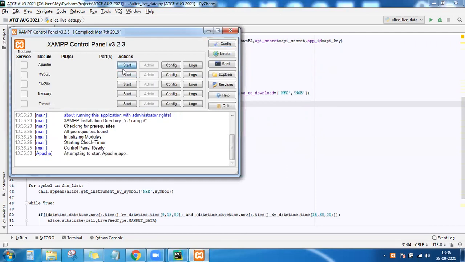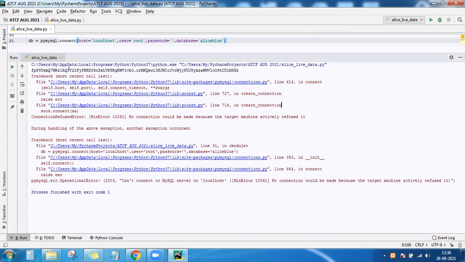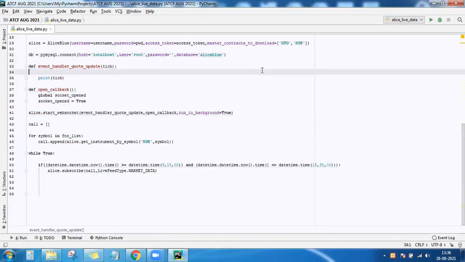So start your Apache server and MySQL. Right, they are started. Now see, you already have got the access token and that is written into a text file. You can comment these lines now.